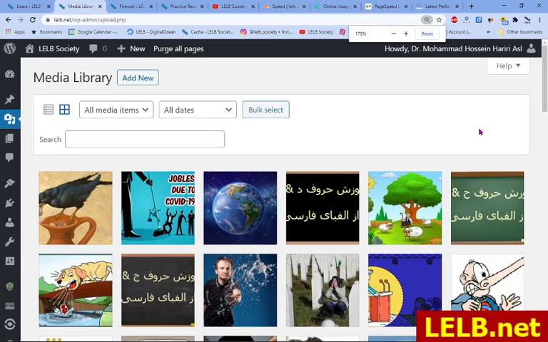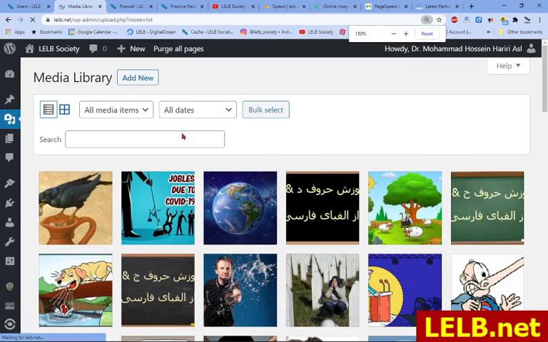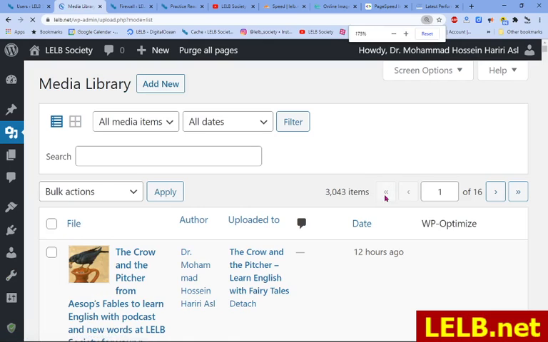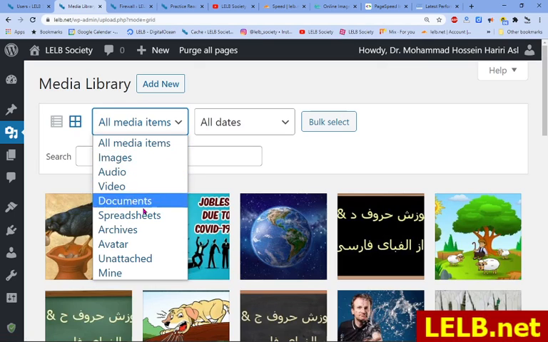As you can see, there are over 3,000 images, just images. I told you I have never uploaded any video or audio file to my WordPress site. So, if you just click on the grid view and use this drop-down menu and click on unattached,